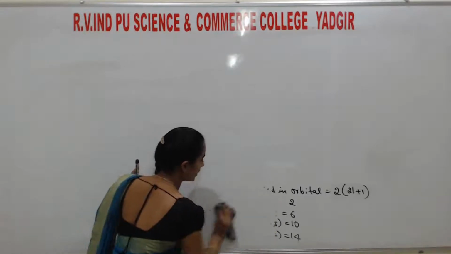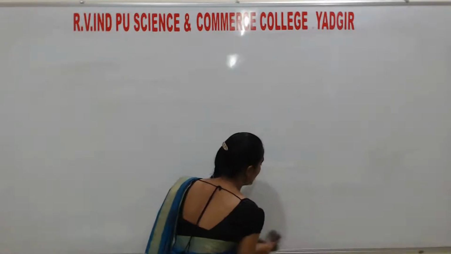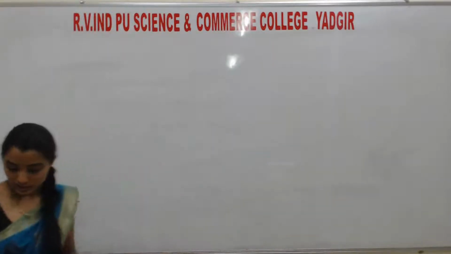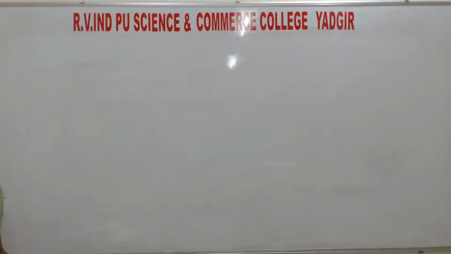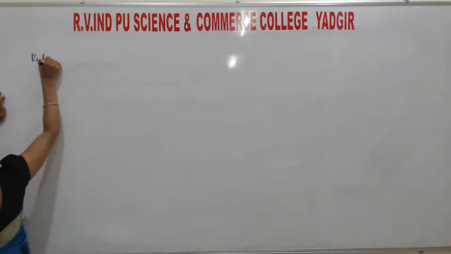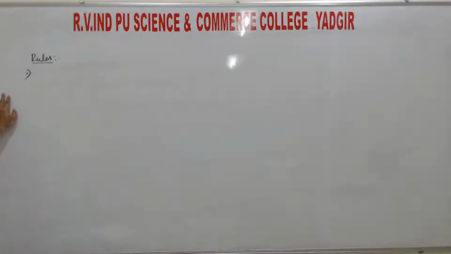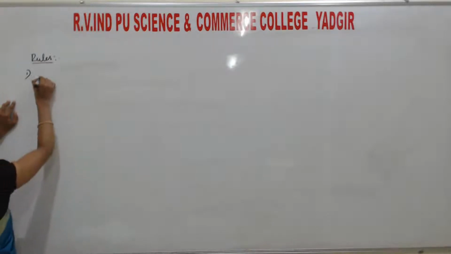Four rules are there by which the filling up of electrons can take place in a proper way, students. So in that, first one is rules. Okay, first rule is the Aufbau